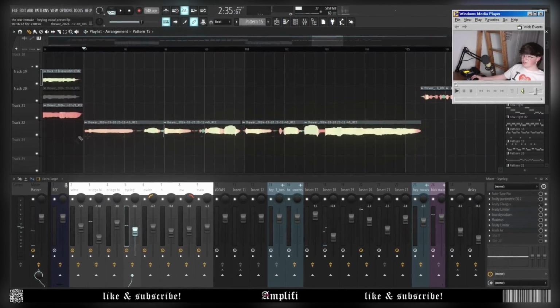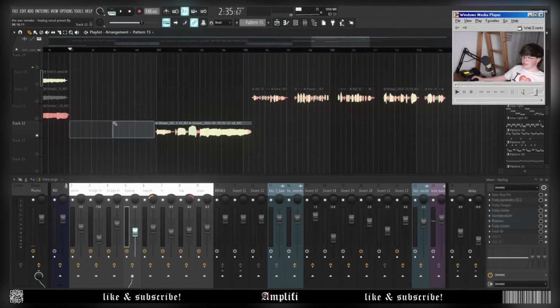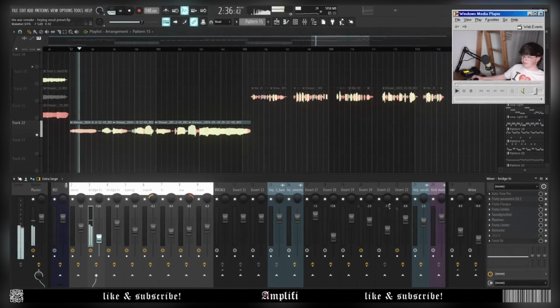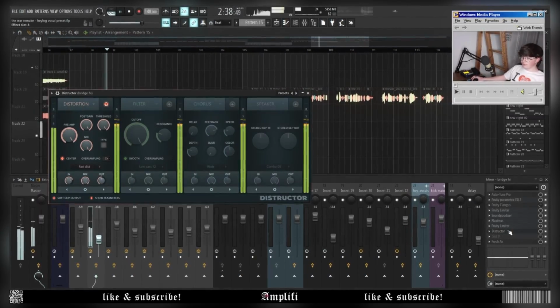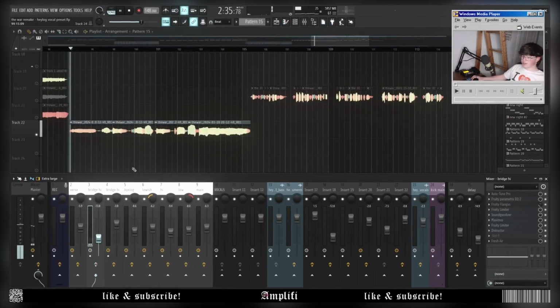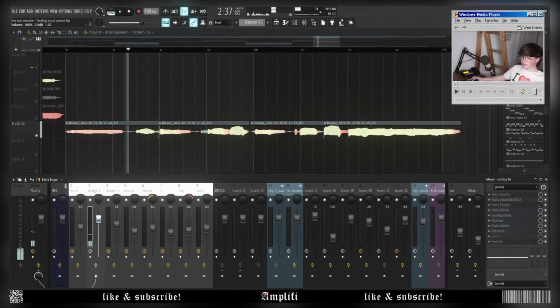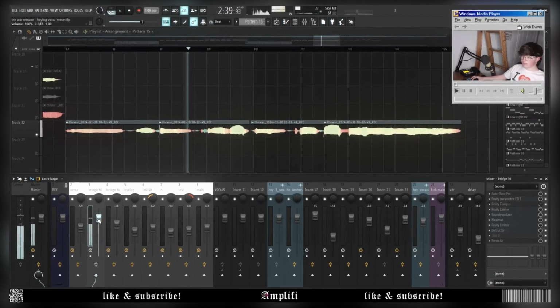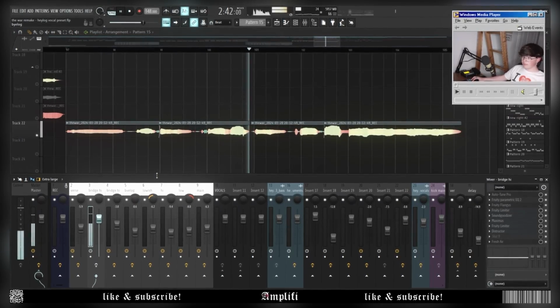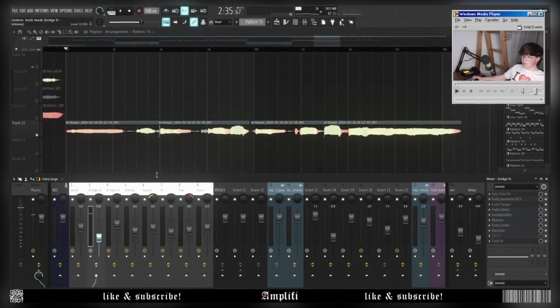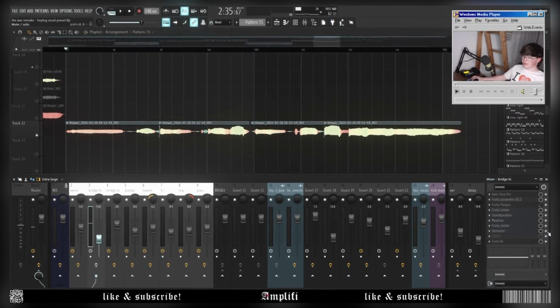And this next section is pretty similar, except we have this distorted part. So that's the processing. As you can tell, I can't sing that well, so we're actually going to play it